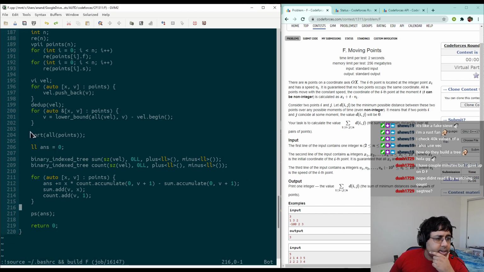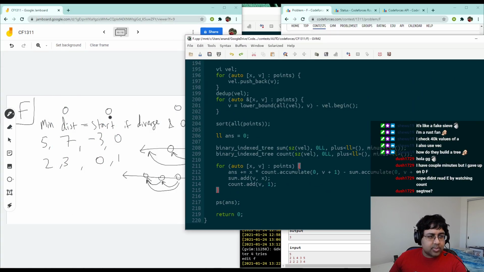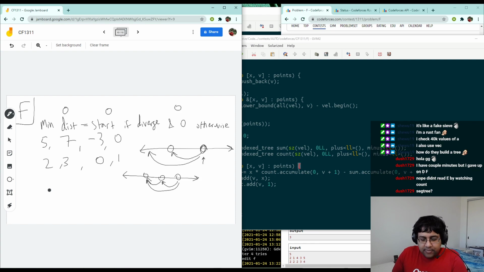And so then we sort the points by their position, and we add the points one at a time from left to right. What we do is we keep track of the number of points to the left, and we keep track of the sum of their coordinates. And the reason that that works is because if you want to find